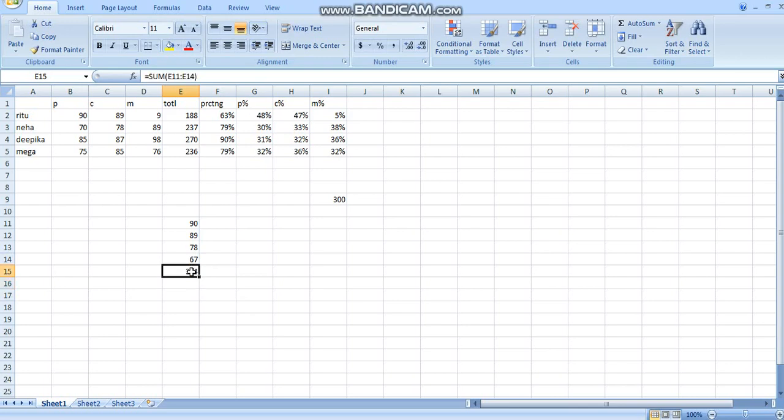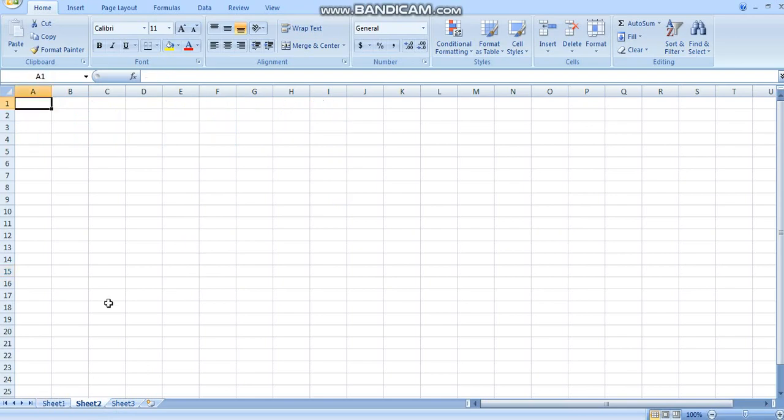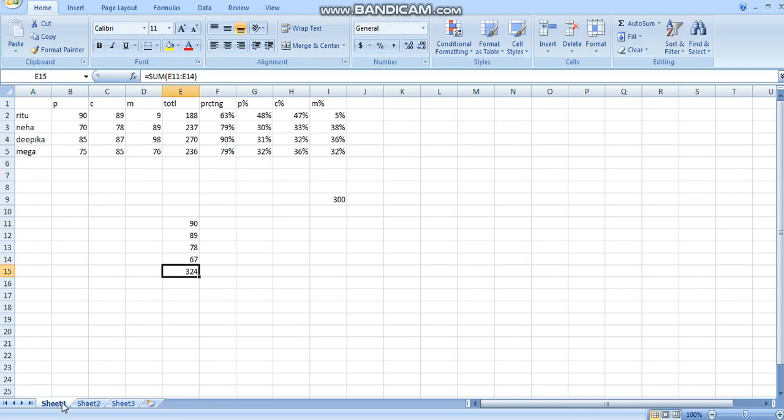This is basically the addition of all these. If I go to sheet 2, I'll enter the values 89, 09, 5, 3, 5, 7. If I want to add all these, I can copy the formula from sheet 1 also.